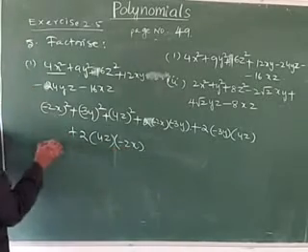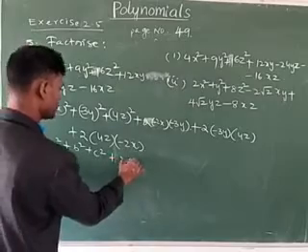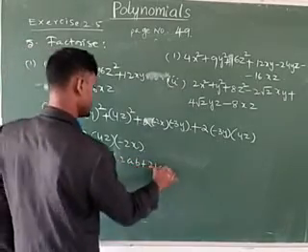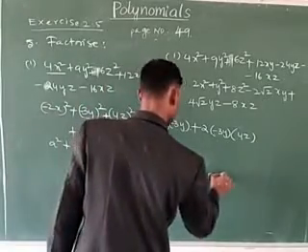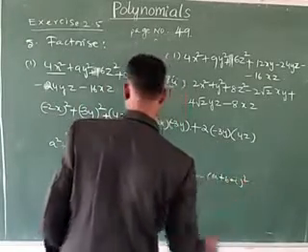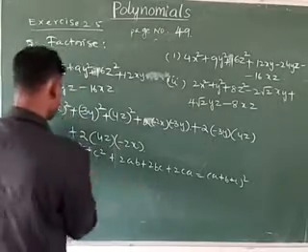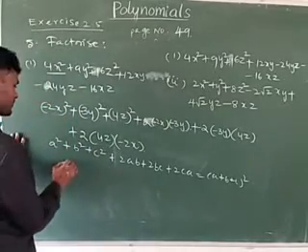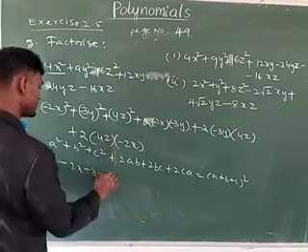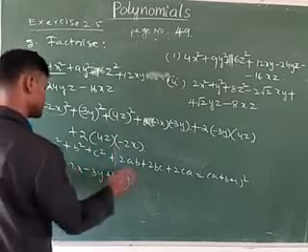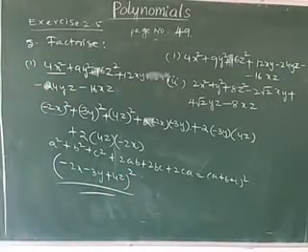Now see here, this looks like a square plus b square plus c square plus 2ab plus 2bc plus 2ca. Now this is written as (a plus b plus c) whole square. But here a is equal to minus, so here minus. A is equal to minus 2x, and b also minus 3y, plus 4z, whole square. This is the answer. The second one we have to see. Note down this one.